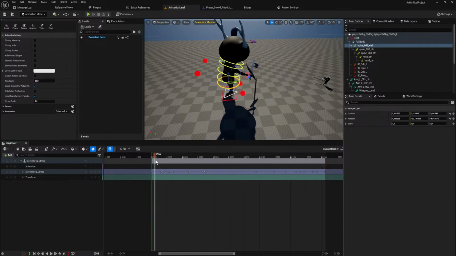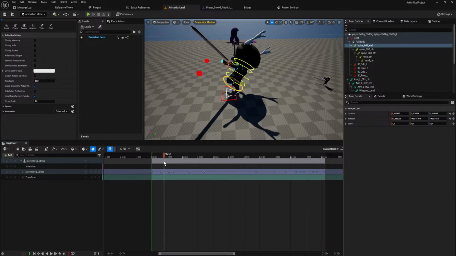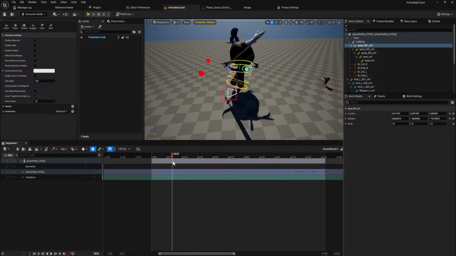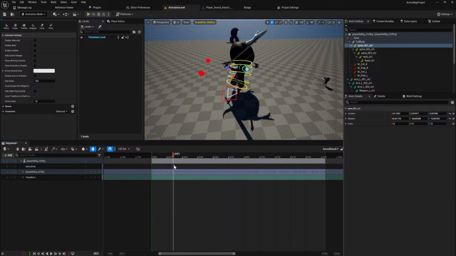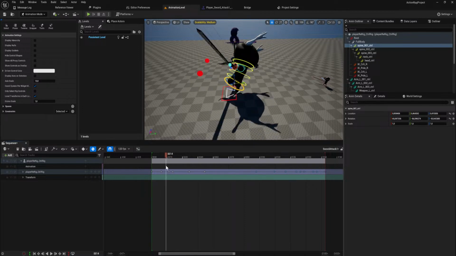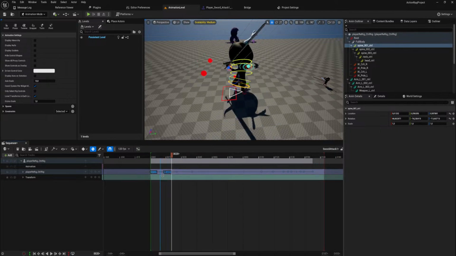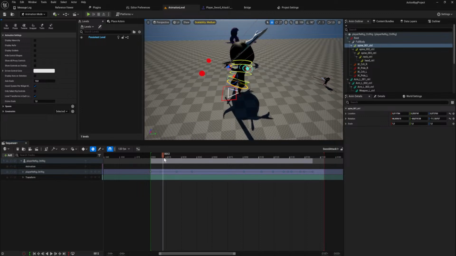Let's see, a tenth of a second in 120 frames is, here it stops blending out. So realistically, that is where this should start. Right around here.